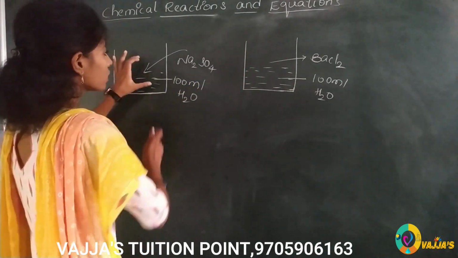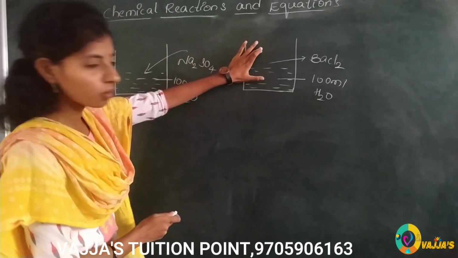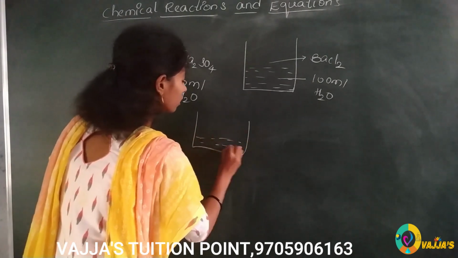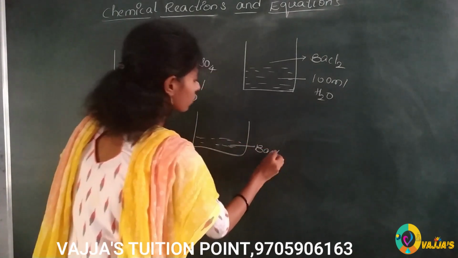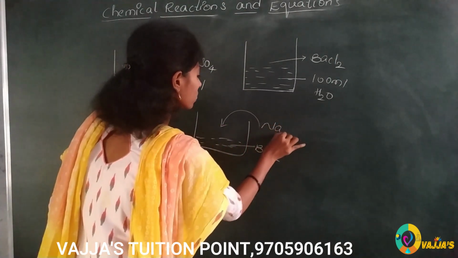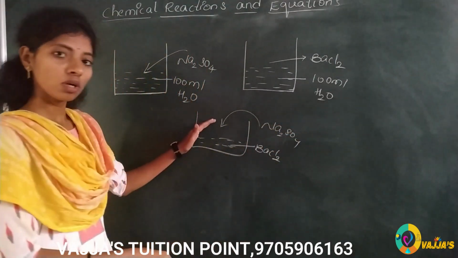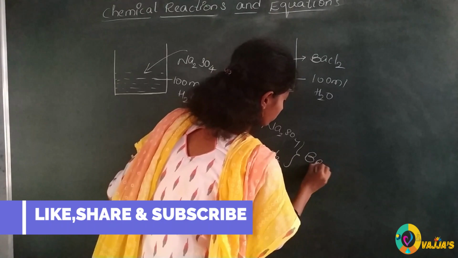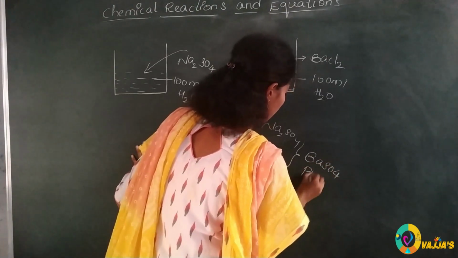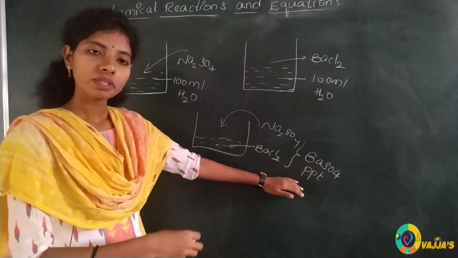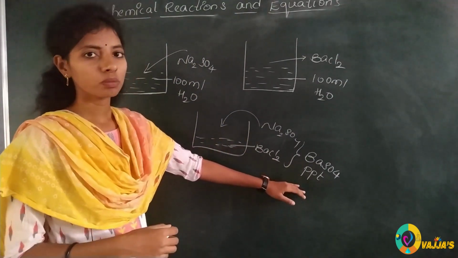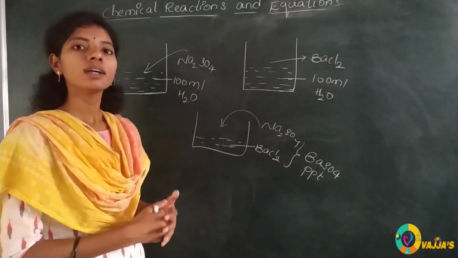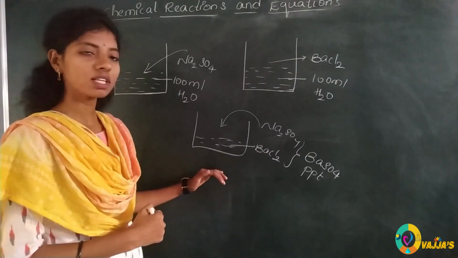when we are adding this sodium sulphate solution into the barium chloride solution, so already in the beaker barium chloride is there. So when we are adding the sodium sulphate solution into this, it will give barium sulphate as the precipitate. Okay. So a precipitate is nothing but an insoluble solid. Okay. From this we conclude that this is also one of the chemical changes here. Are you clear with this? Yes.